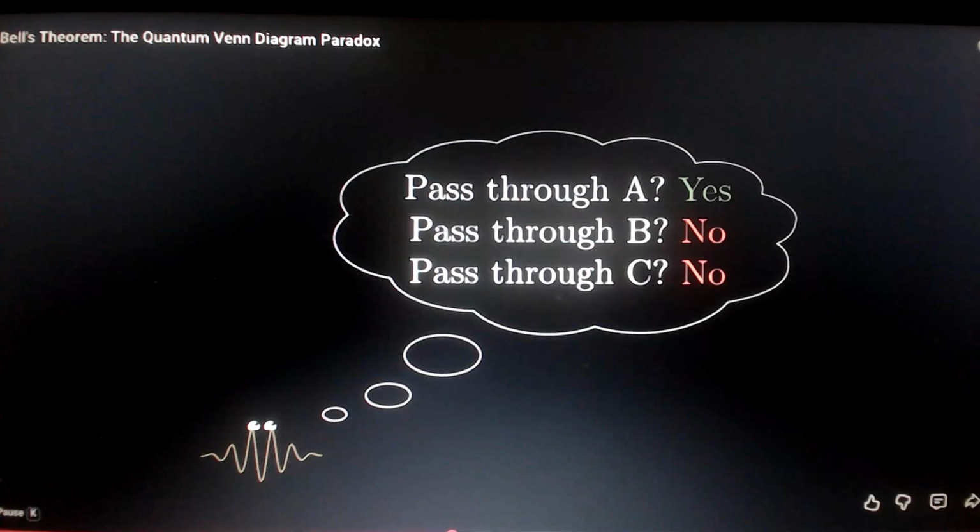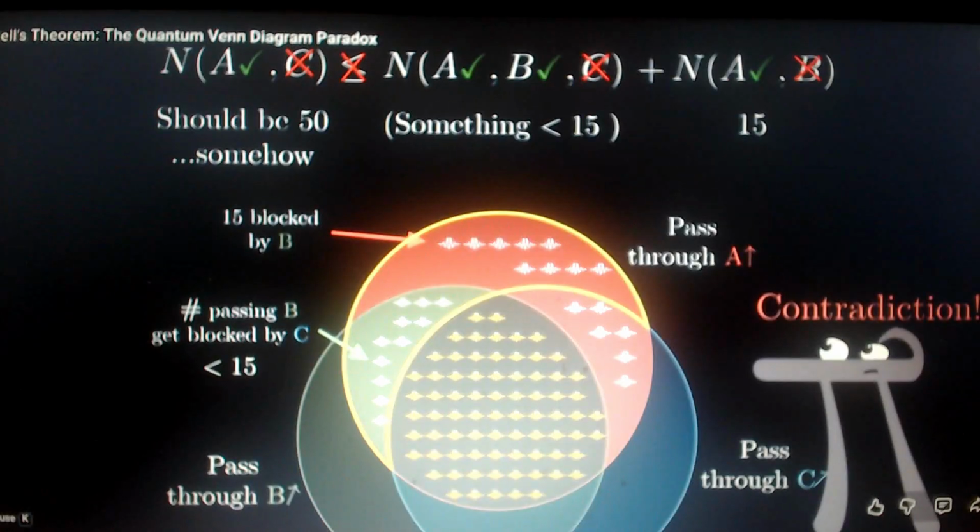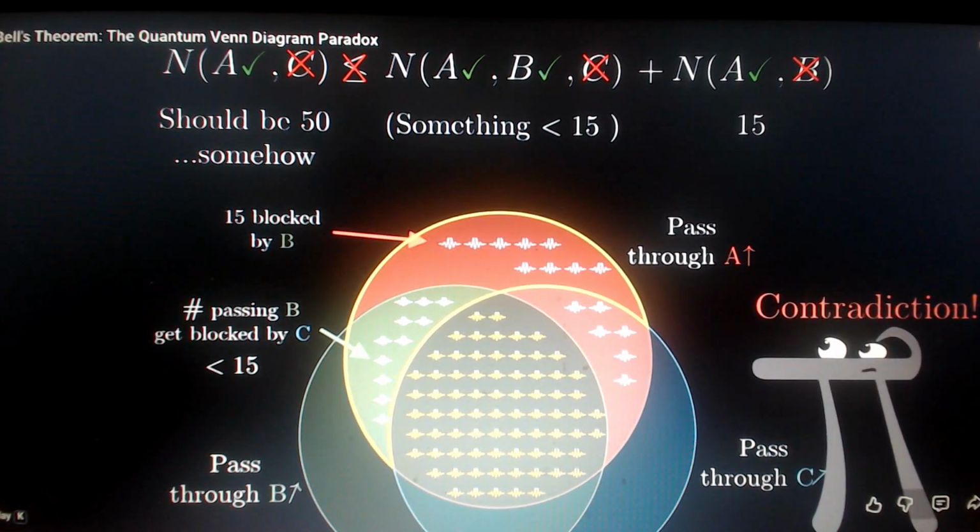Assuming that it has some kind of definite state even when we don't make that measurement. And this is what gives us a numerical contradiction. See, it's always got to be, like, if we don't measure it, then it ain't rotated. It's not that you measured it, it's that you rotated it, you idiot.